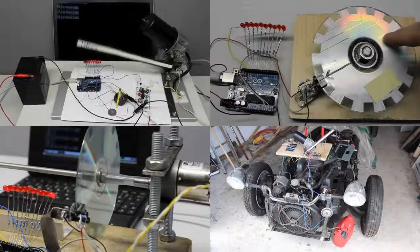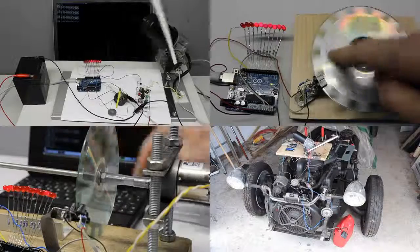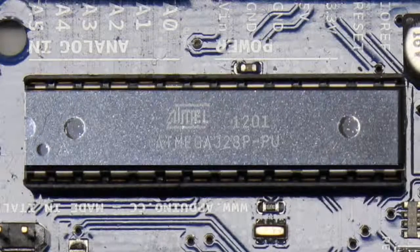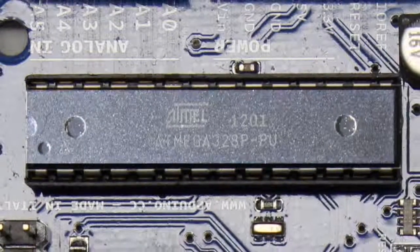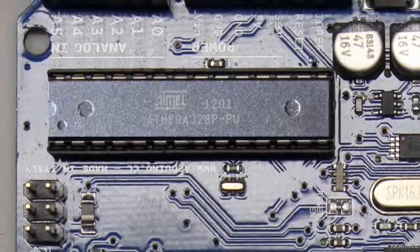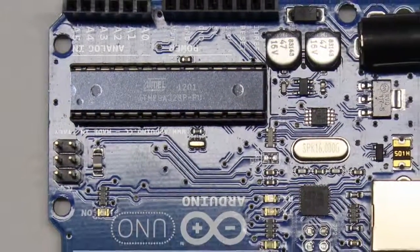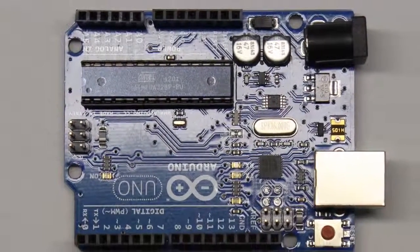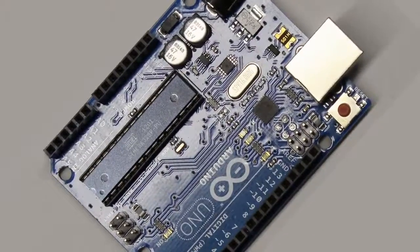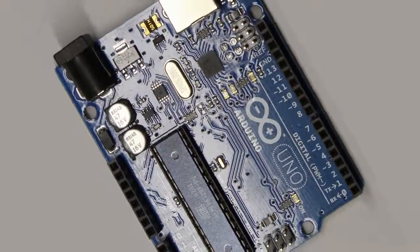In this video I would like to demonstrate how to build control circuits using a microcontroller. The used device is an ATmega 328P with a clock speed of 16MHz, 32KB of program memory, 2KB of internal SRAM and 1KB of permanent memory. The chip is placed on an Arduino Uno board with a USB interface suitable to program the microcontroller or to